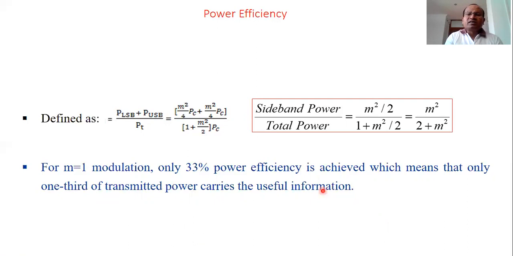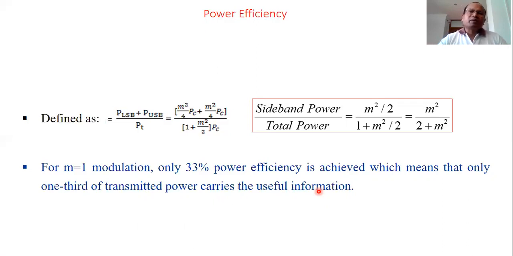So let's sum up this lecture today. We have discussed amplitude modulation representation. We defined amplitude modulation as a process in which carrier amplitude changes according to the amplitude or instantaneous value of the modulating signal. Then, on the basis of assuming mathematical expressions for carrier signal and message signal, we got the expression of the amplitude modulated signal.